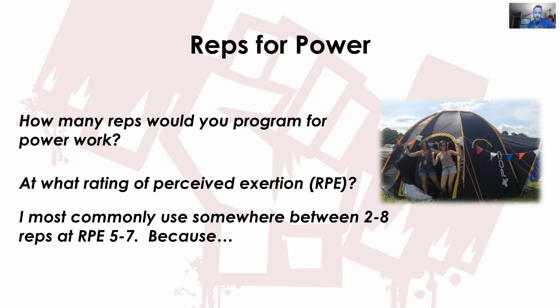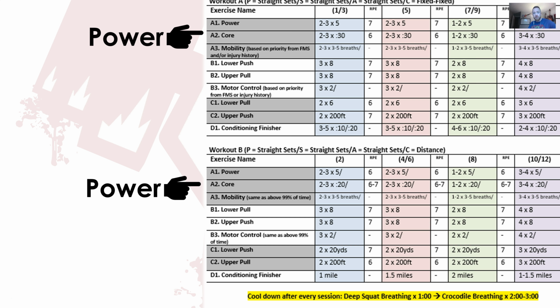If I wanted to give someone a hang power clean at an RPE of 8, again, that's going to be very few and far between in our facility. That would mean that they have 2 quality reps left in the tank. Would that qualify as power? Absolutely would. This is not a rule. This is me saying most of our training is going to happen between 2 to 8 reps at an RPE of 5 to 7. Keyword being our training. I'm not saying that's what you have to do, okay? But you should have an intention on this stuff. And we found this to work pretty well. So I don't know, maybe steal it.